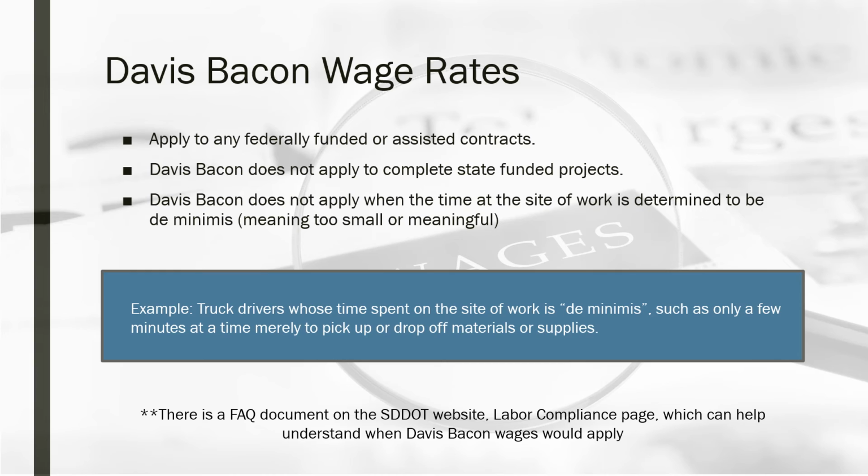Davis-Bacon wage rates apply to any federally funded or assisted contract. Davis-Bacon does not apply to anything that is completely state-funded or when at the time of site of work is determined to be de minimis, meaning too small to be meaningful. For example, truck drivers whose time spent on the site of work is de minimis, such as only a few minutes at a time merely to pick up or drop off materials or supplies. There is an FAQ document on the South Dakota DOT's website labor compliance page which can help understand when Davis-Bacon